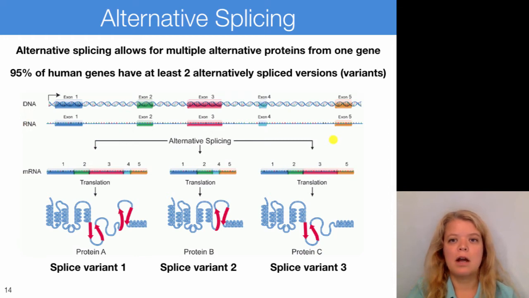And once the RNA has been transcribed, depending on specific splicing choices, you can either end up with all 5 exons, 1, 2, 3, 4, 5, or exon 3 is dropped in the shorter version, protein B, or exon 4 is dropped in this particular version of protein C. And this will produce,